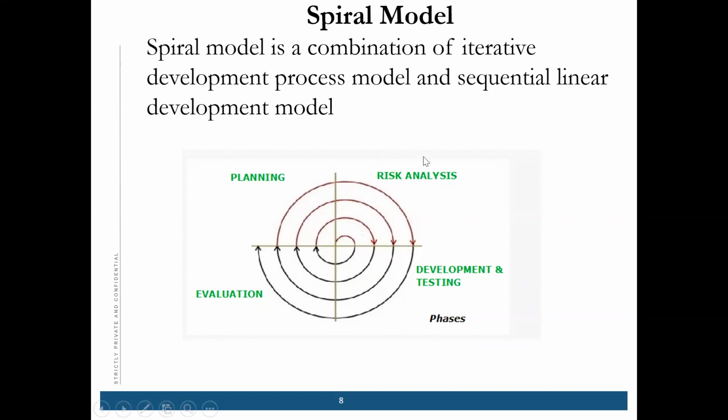In every iteration, which starts with the planning, correct? Planning is the first step. It starts with the planning and ends with the product evaluation, correct? So this is the arrow which it is going. That is why it is called a spiral model. Okay.